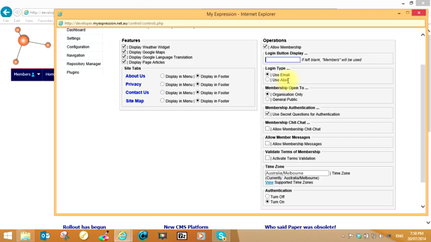As far as the login type, they can either be restricted to emails or an alias. Now you can't have any two people